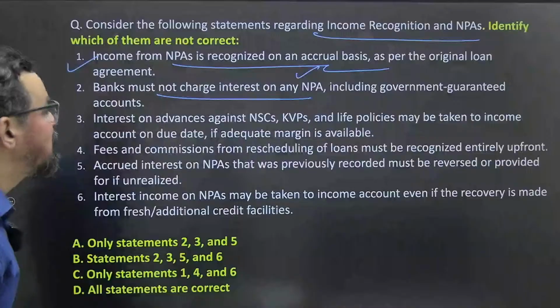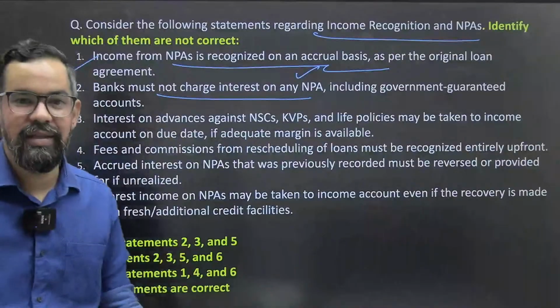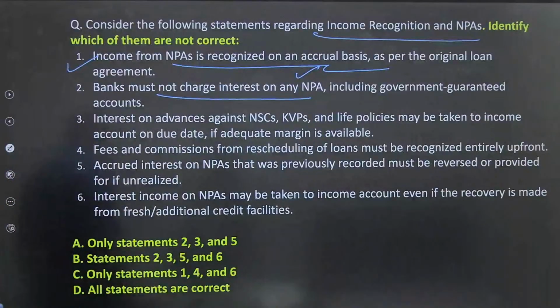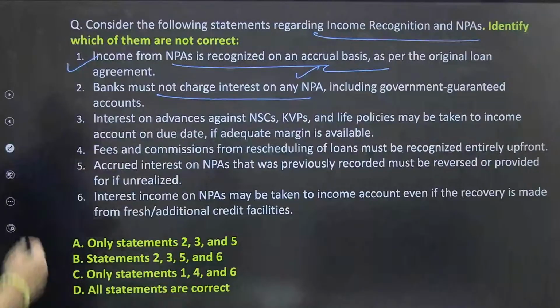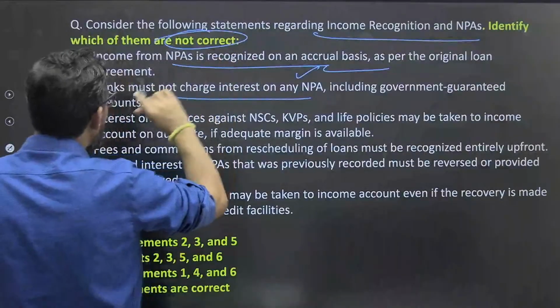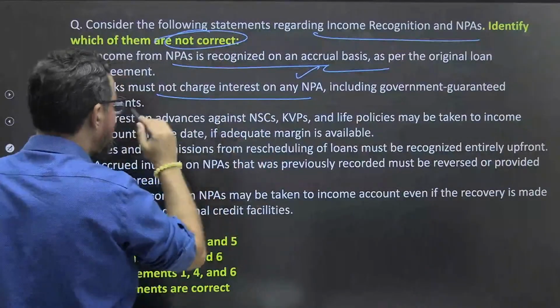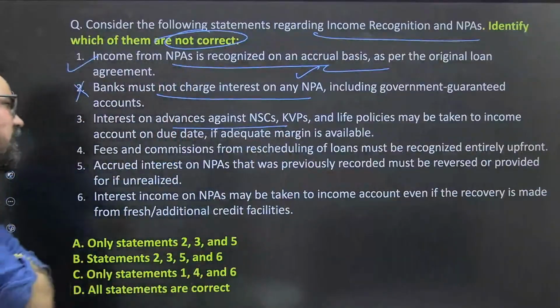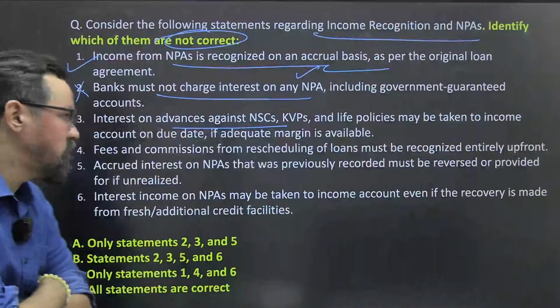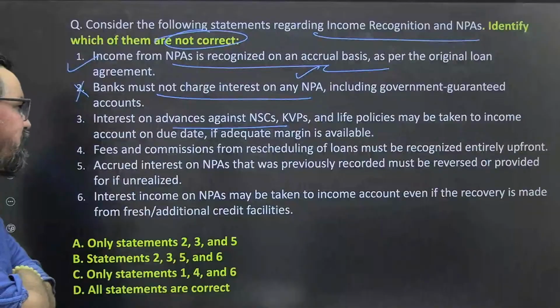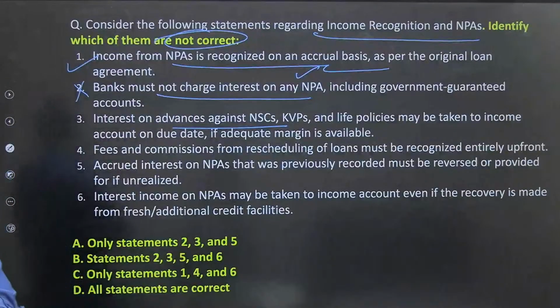The statement is बिल्कुल गलत स्टेटमेंट, इसमें कोई दुविधा नहीं है, it should be right. So what we have to find out is the incorrect statement. Bank must not charge, this is wrong. Interest on advances against NSC, Kisan Vikas Patra and life insurance policies may be taken to income account on due date if adequate margin is available, ठीक है।